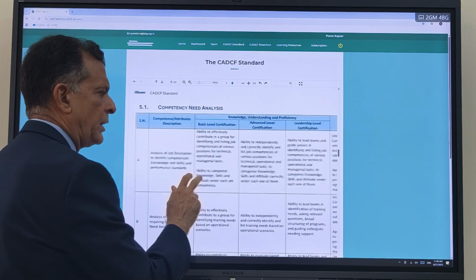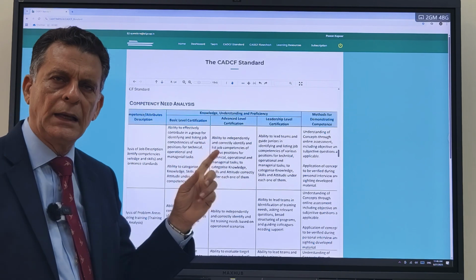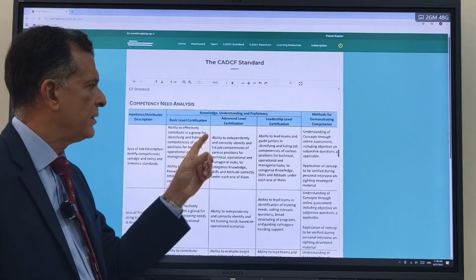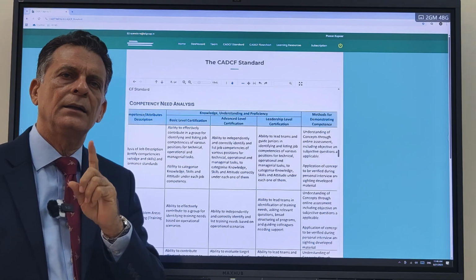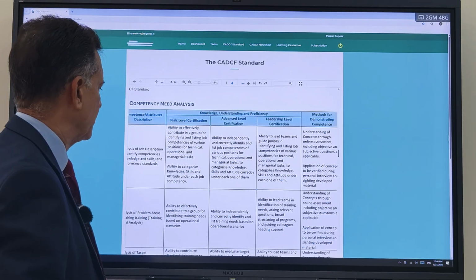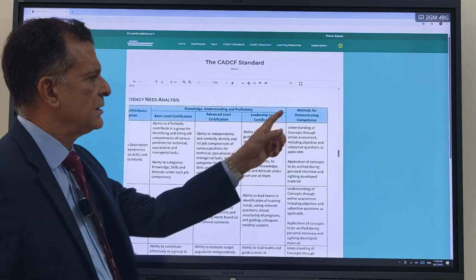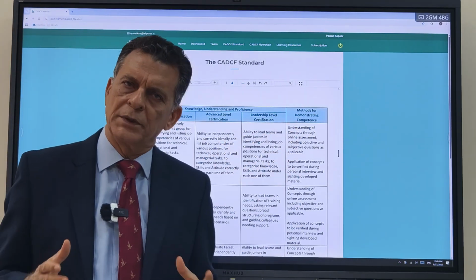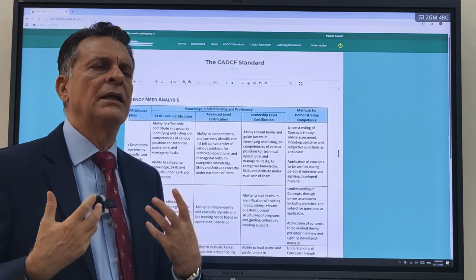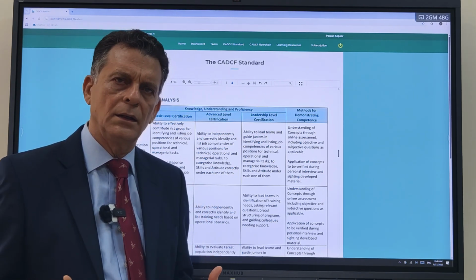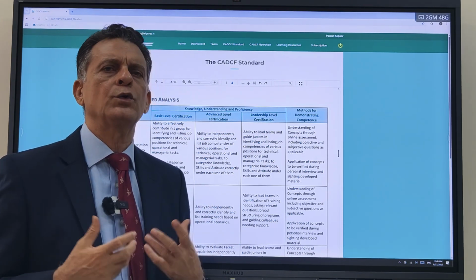Following that are 3 columns which give the knowledge, understanding and proficiency for the basic level, advanced level and leadership level certification. The next set of column basically gives the method for demonstrating the competence. So either the method is through a written examination or through an oral or interview process or through a demonstration